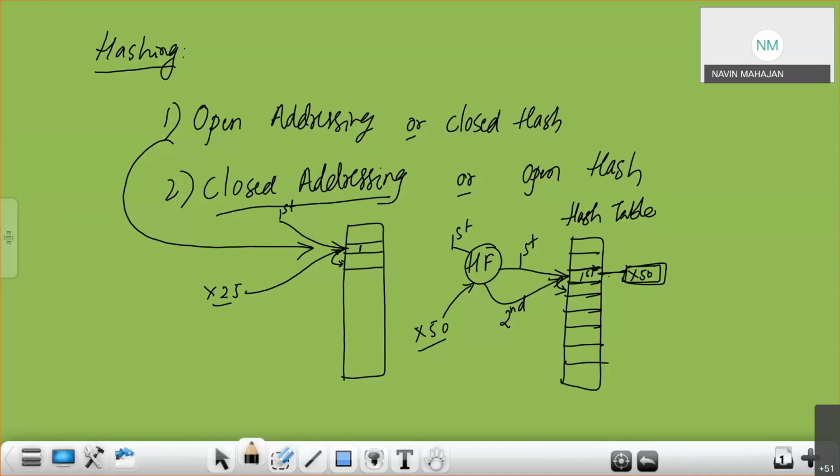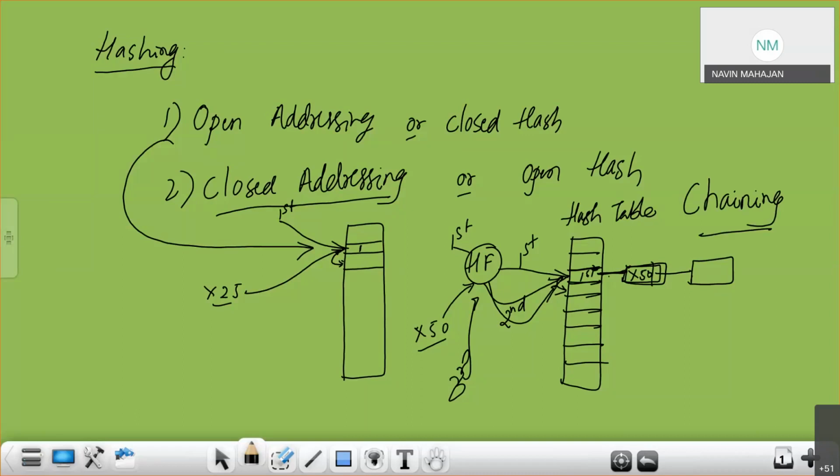The first address is pointing here, and if there is a third number, there is one more number. If it collides to the same location, then that is connected to the same second number. So there is a linked list where this information is stored with linked list nodes. This is called chaining. In closed addressing, or open hash, it is called chaining. Got it? We'll take some example and do it.